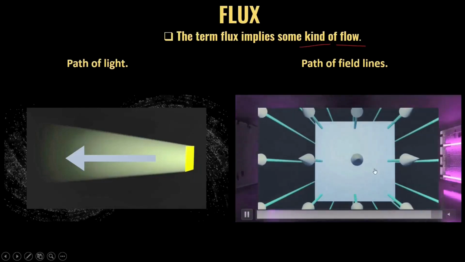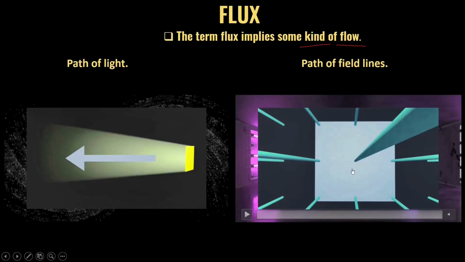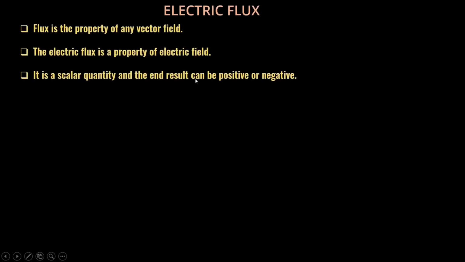But see here, if we increase the surface area, more field lines are crossing the given area in a perpendicular direction. So more is the flux associated with this figure, and these field lines will constitute the electric flux. Now I hope the meaning of flux is clear to you. That means something which flows through a particular area. So here the field lines are flowing or crossing through a given surface area, so they are called the electric flux.